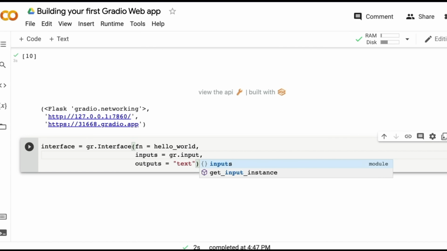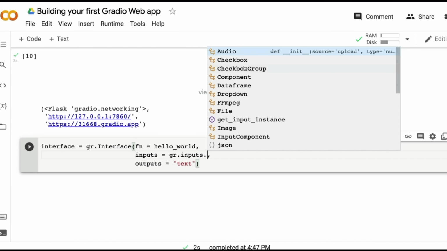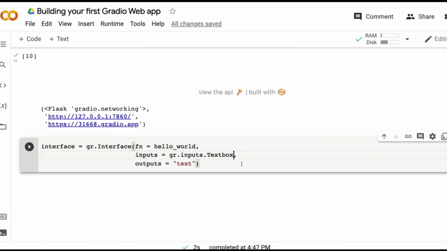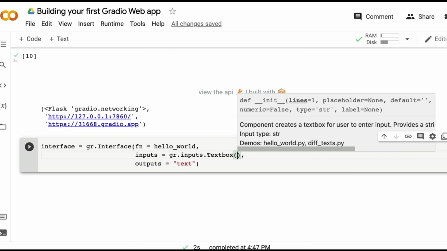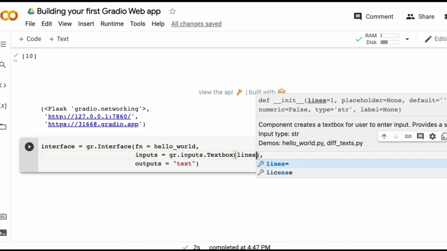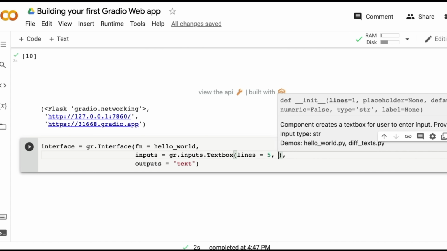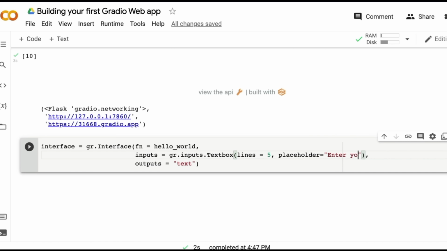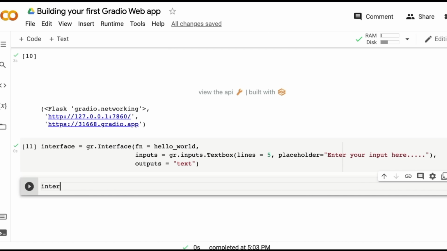gradio.inputs. So we have inputs, and within that you can see you have a lot of inputs, like audio, checkbox, data frame, dropdowns, you have a lot of things. The one that we are interested in is the Textbox, and the Textbox takes an argument called lines, the number of lines. So let's say we want 5 lines, and then we can have a placeholder text. The placeholder text is "enter your input here", and then we can execute this and say interface.launch, and you should